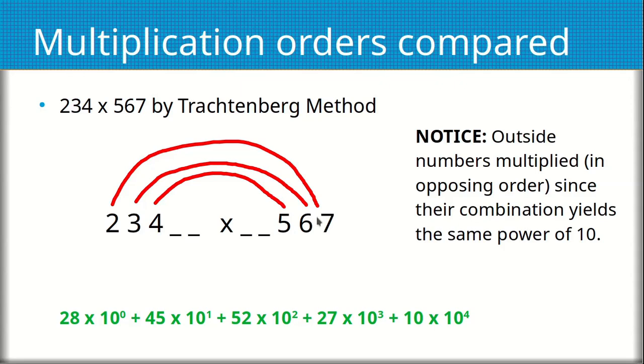When you do 234 by 5, 6, 7, now this is in the 10 to the 2 group, and this is in the 10 to the 0 group. So the result is a 10 to the 2. This is a 10 to the 1, and this is a 10 to the 1. So 1 and 1 is 2, and this is a 10 to the 0, and this is a 10 to the 2 group. So that also adds up to 10 to the 2. So when you multiply all these out and add them, they're going to end up in your 10 to the